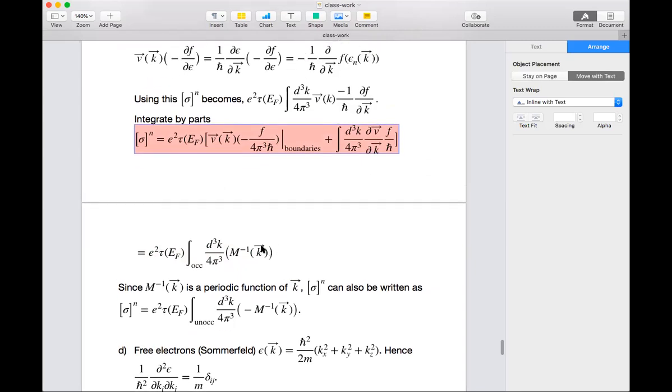Okay, so what we got is that the DC electrical conductivity can be written in terms of the inverse of the effective mass tensor also, or its derivative